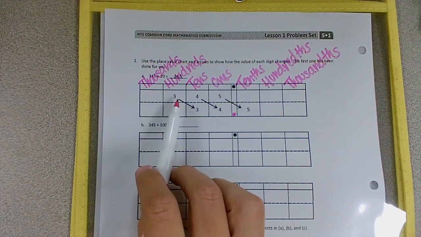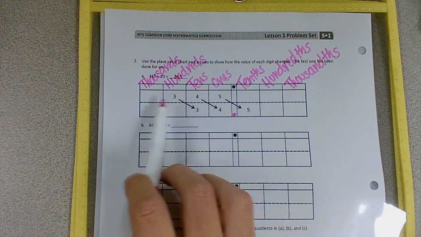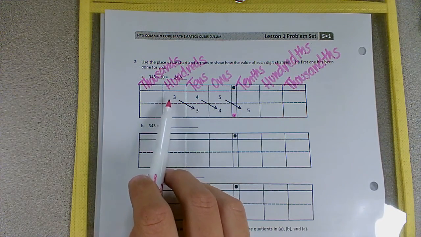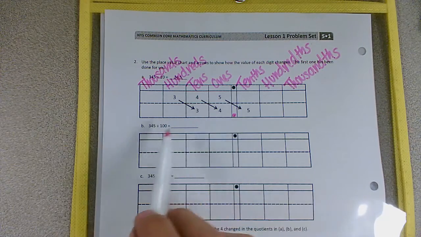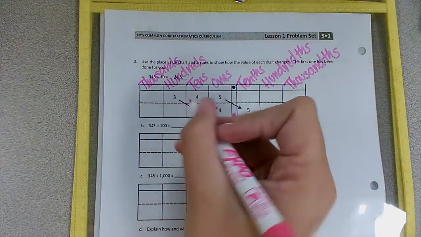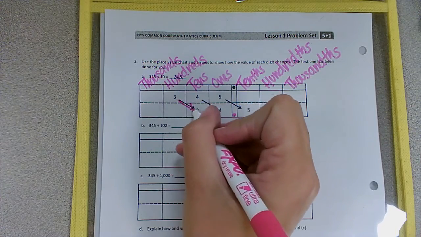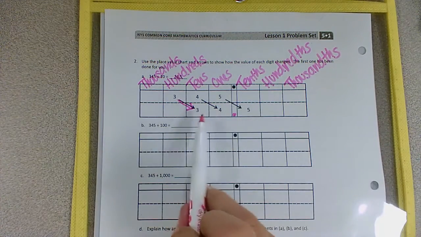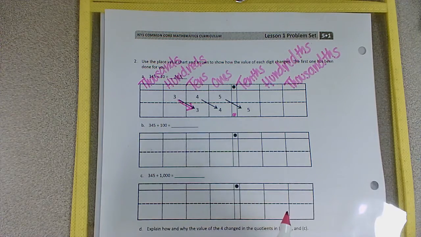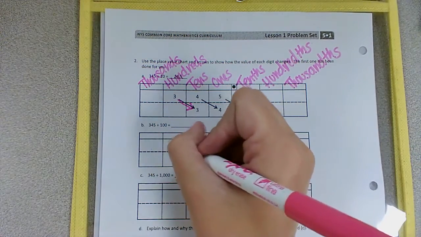When we divide by 10, if you remember when we multiplied by 10, we moved to the left 1 place. When we divide, we're moving to the right because our number is getting smaller. So since we're dividing by 10, our number is going to move to the right 1 place to become 34 and 5 tenths. Now we have 345